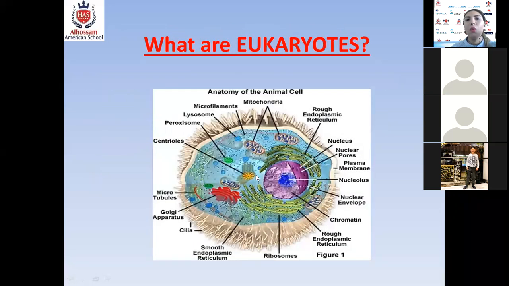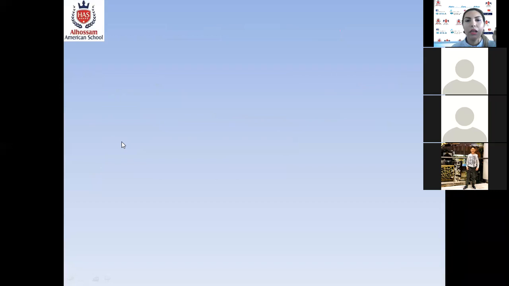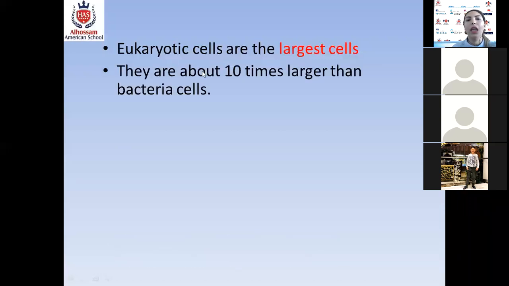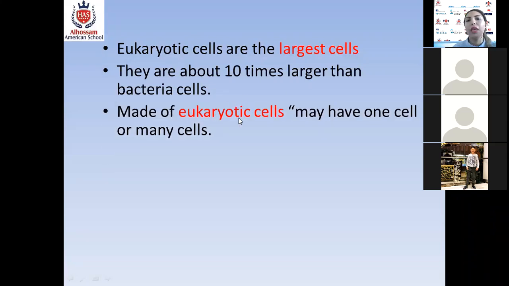And now, what are eukaryotes? Eukaryotes are made of eukaryotic cells, which are larger than prokaryotic cells, about 10 times larger than bacteria cells. So the cells which form eukaryotes are called eukaryotic cells, while the cells which form